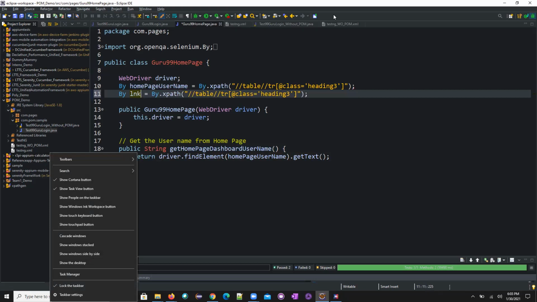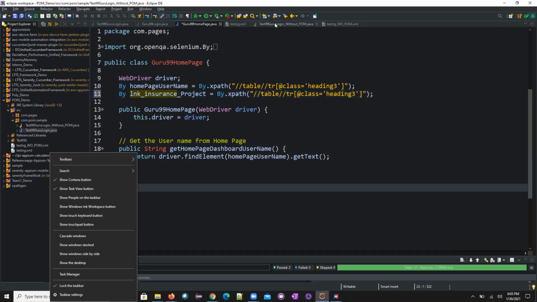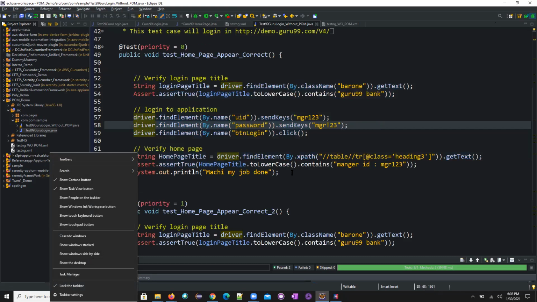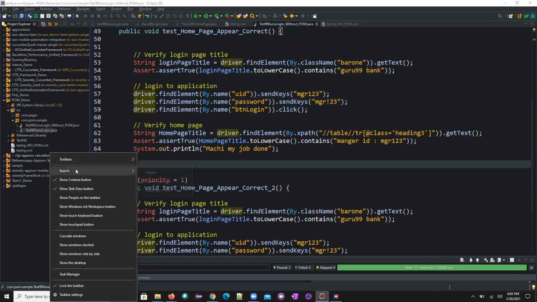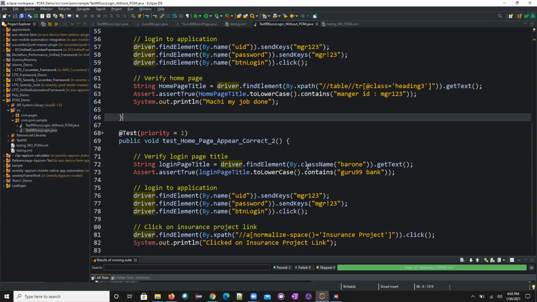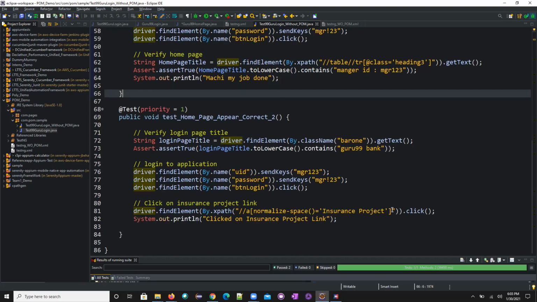This is the standard. And here I'll be writing it as insurance project. So now I need to get the XPath of this one. I'll take it from here itself because we have already written it, right? So this is the XPath.